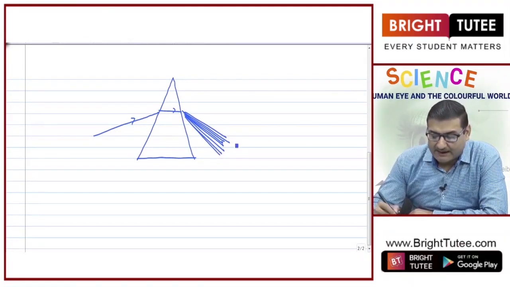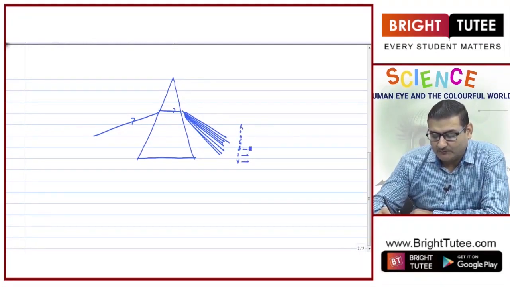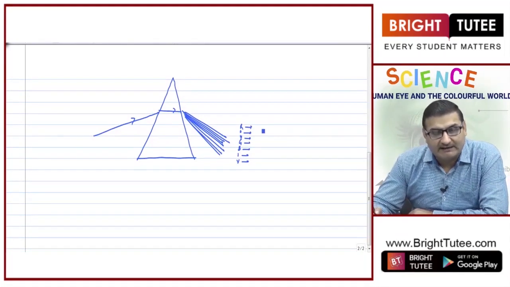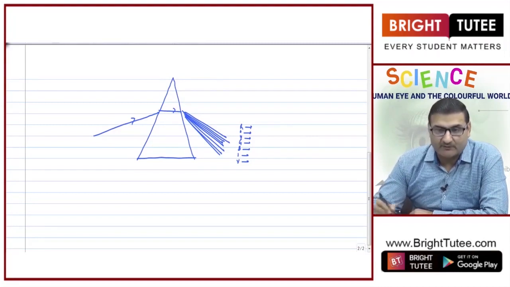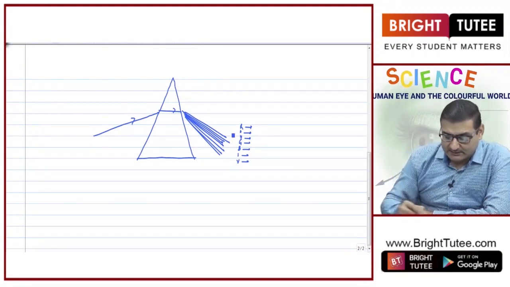These colors, as we all know, are acronymed as VIBGYOR, where V is violet, indigo, blue, green, yellow, orange and red. Now, this particular phenomenon of splitting of white light into a band of 7 colors is known